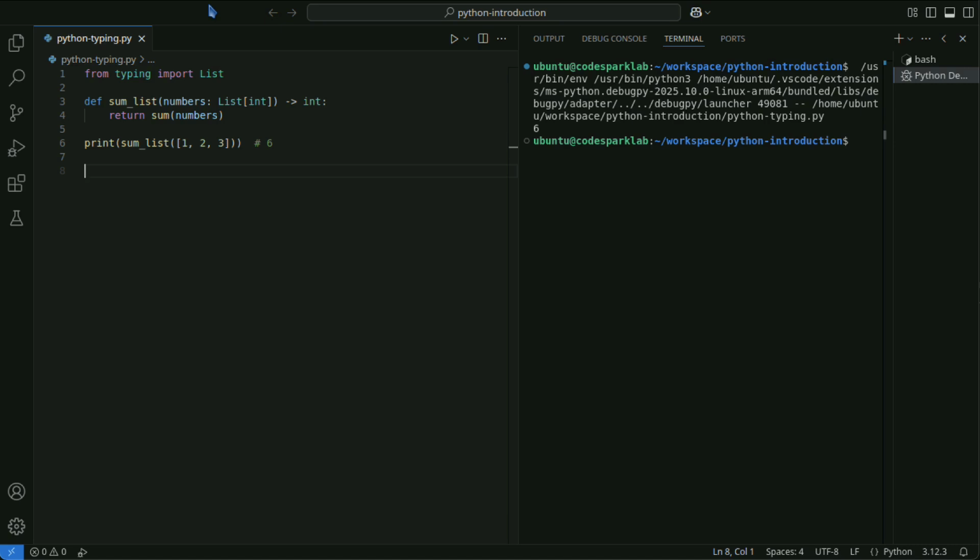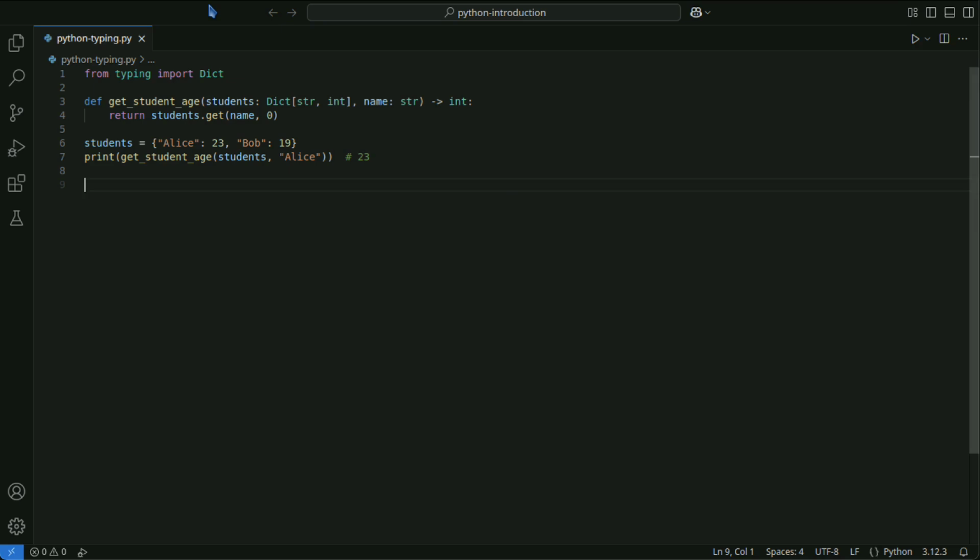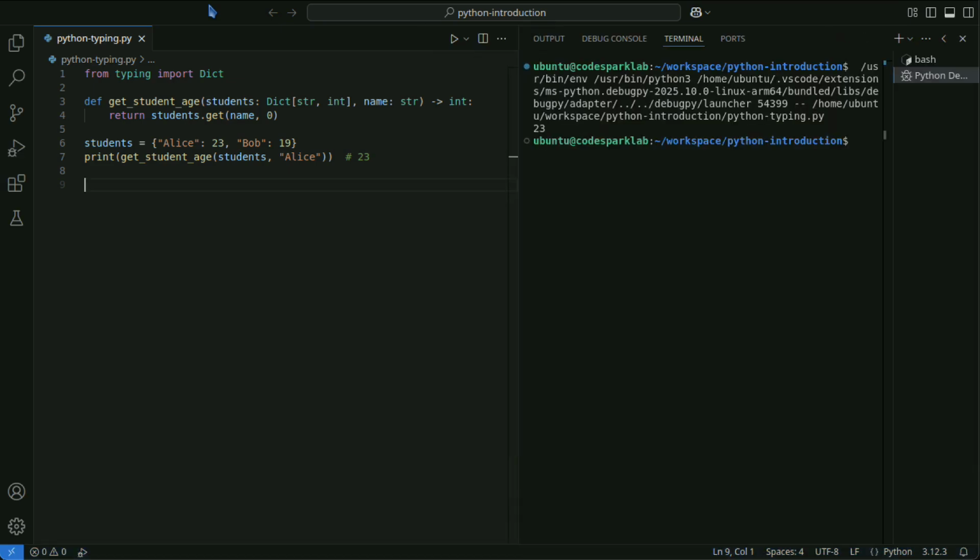A dictionary type is defined using dict. The types of keys and values can be specified. In this example, the dictionary uses str as the key type and int as the value type.